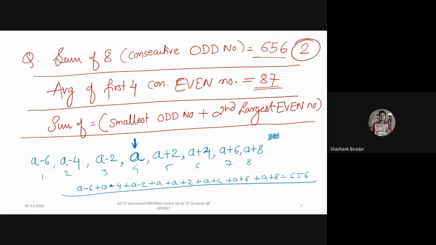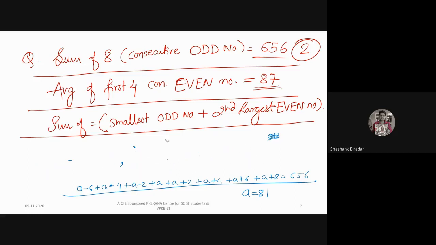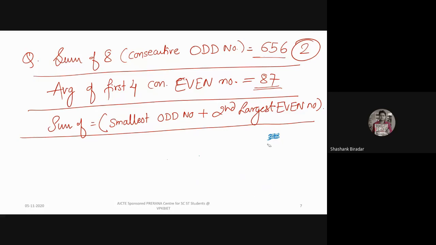So what is the value? Yes, anybody? Yes, Rajput Dheeraj Singh is saying it is 81, right? Let me rub this so that we can have some space. Have you understood the logic? Means in what way we have represented this? Ultimately we have calculated, and Dheeraj is saying the value that we got is A equal to 81.